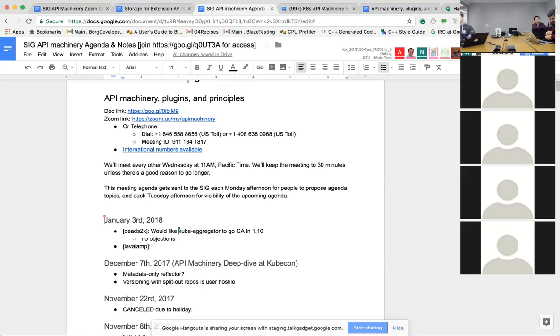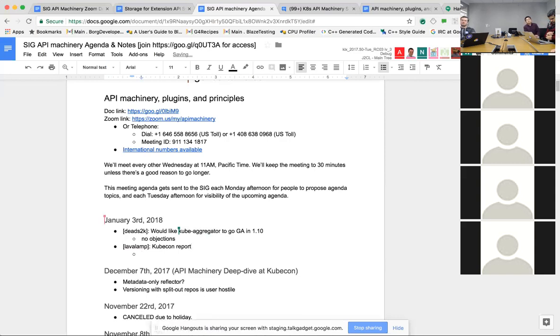Sorry. So one thing from the cloud provider side at KubeCon, we're hoping to bring Cloud Controller Manager to beta in 1.10. As part of that, I'd like to get some pretty significant refactoring done on the controller manager machinery. I'm not even sure what the right SIG is for owning controller manager.